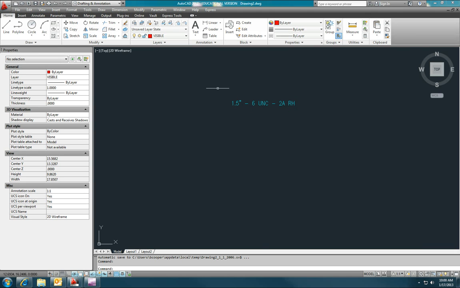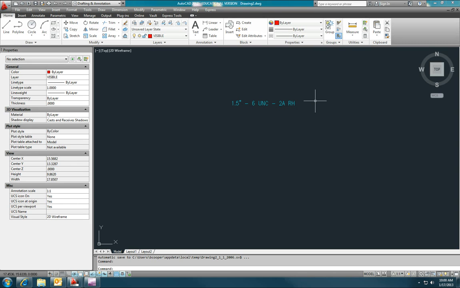This is a thread note, okay, and this contains the information that you'll need to properly construct the drawing, the detailed thread representation. And so you need to understand what is actually written in the thread note. So that's the first thing I'm going to go over now. This is actually one of, or at least as of the making of this video, this is one of the assigned detailed thread representations that